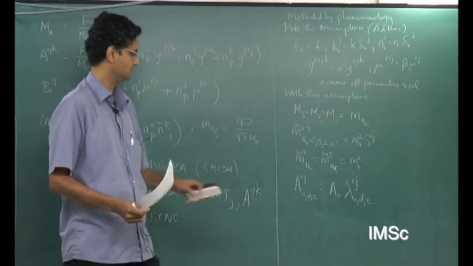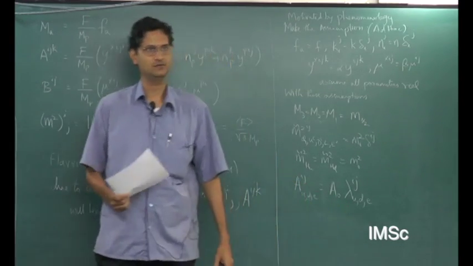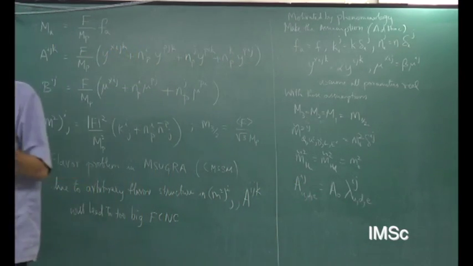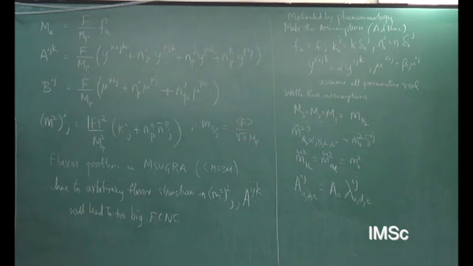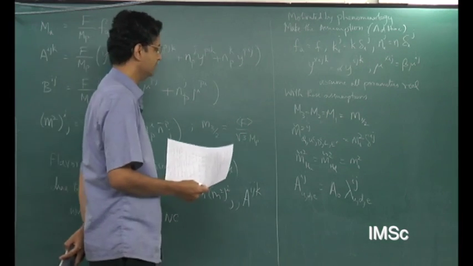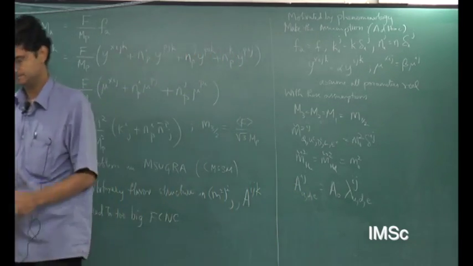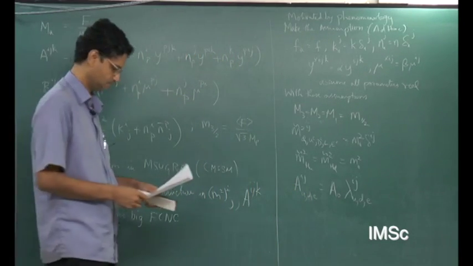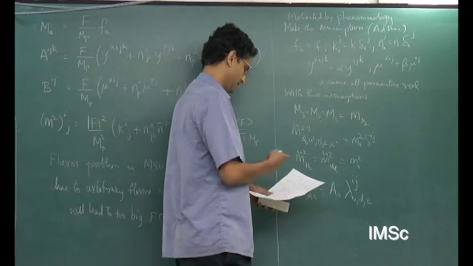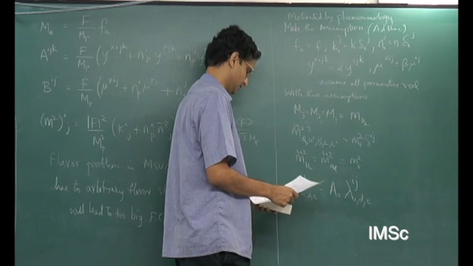And again, this is good from the point of view of FCNCs. This is called alignment. If you align it with the standard model quark or lepton Yukawa couplings, then you will also have flavor changing neutral currents under control. When I do flavor, I'll try to point these things out a little bit more.